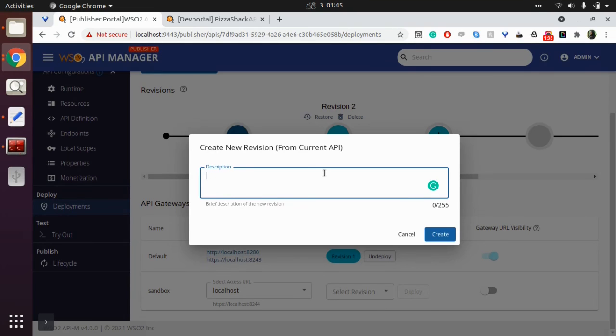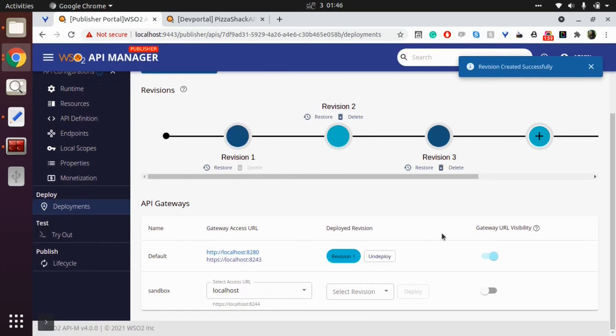Let's add a description to our revision and click on the create button. Now we have created a revision for our modified API.